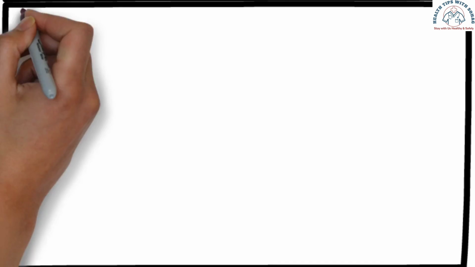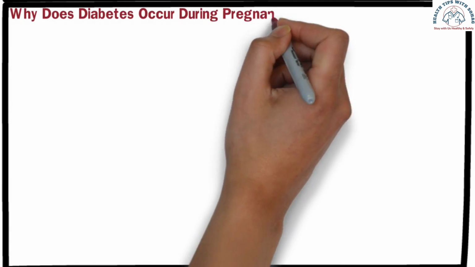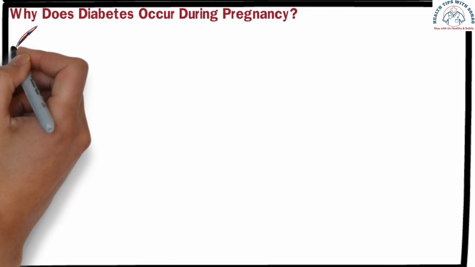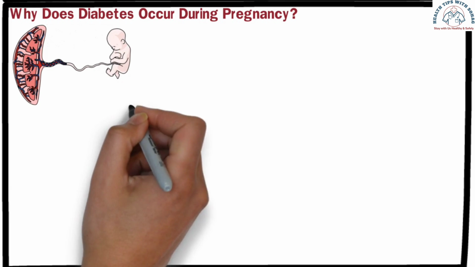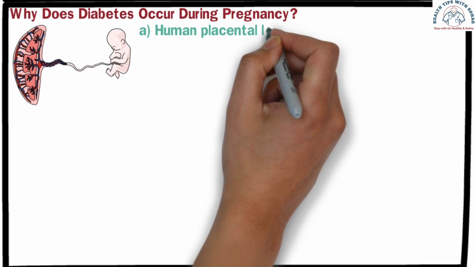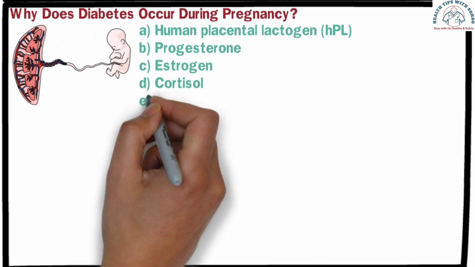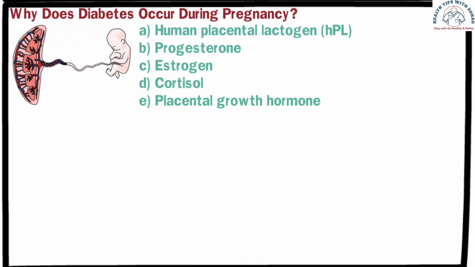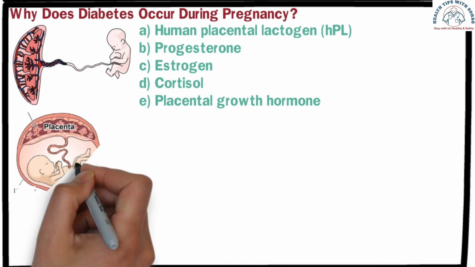Why does diabetes occur during pregnancy? 1. Hormonal changes in pregnancy. During pregnancy, the placenta, or placental tissue, produces several hormones, such as: A. Human placental lactogen, HPL; B. Progesterone; C. Estrogen; D. Cortisol; E. Placental growth hormone. These hormones ensure that sufficient glucose is available in the maternal bloodstream for transfer to the growing